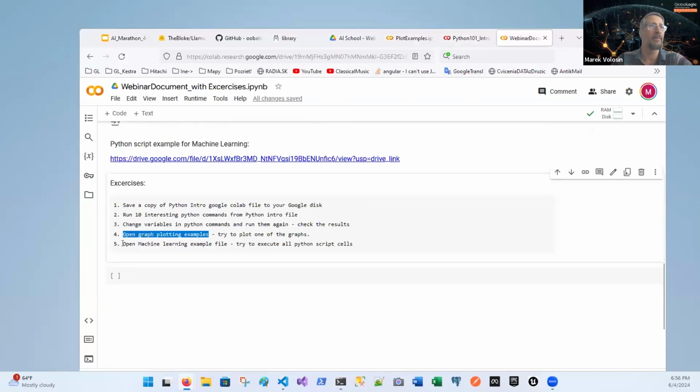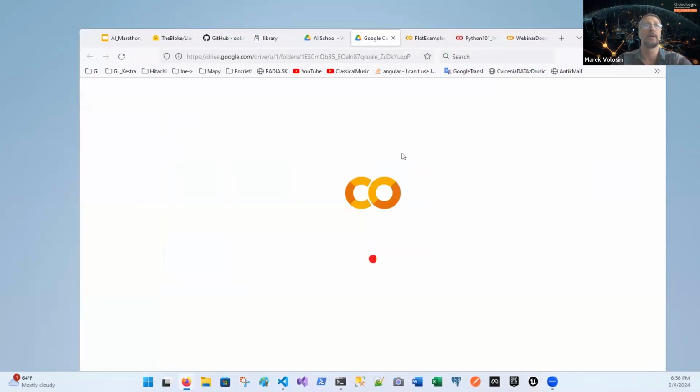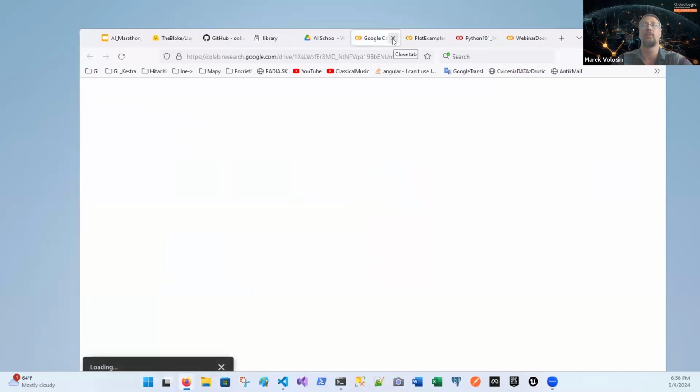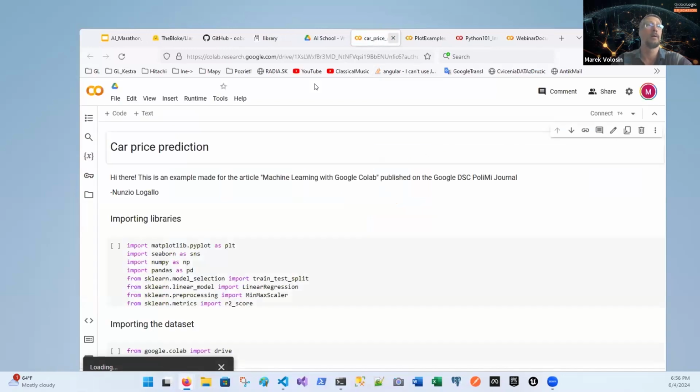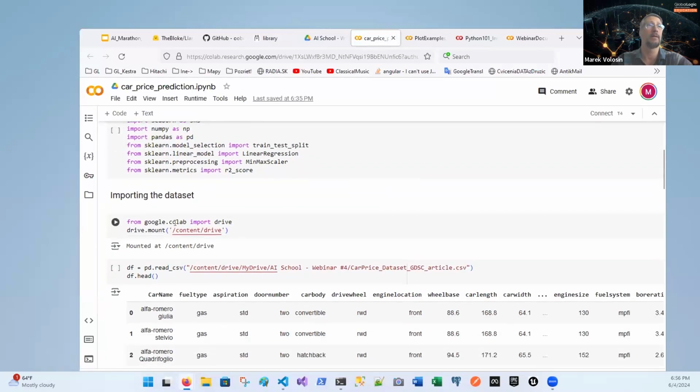And number 5, here we have machine learning example. This is this web link. So this web link is available to you. This is car price prediction. This is that file as you saw before. Car price prediction. Here is that, but you need